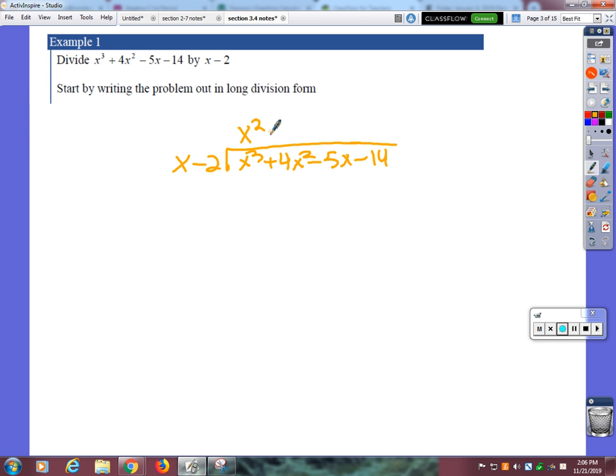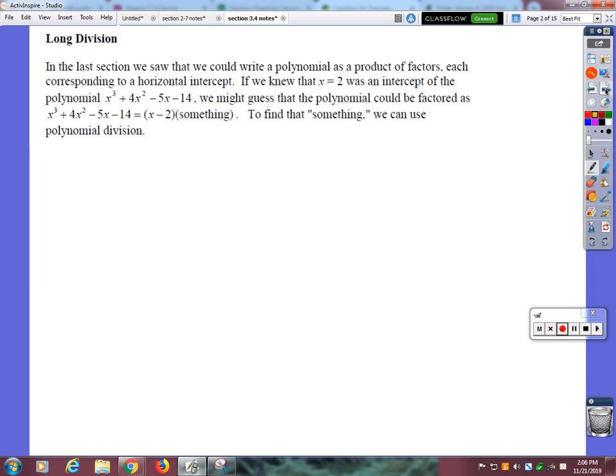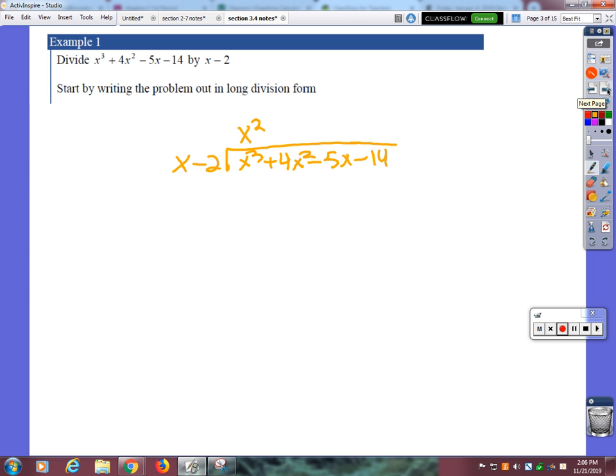All right, once I figure out what goes there, what do I do next? Nope, in long division, what did we do after we put that number up on top? We multiplied it. We went 2 times 32 is 64. So now I have to go x squared times x is x cubed, and then I have to go x squared times negative 2 is negative 2x squared. All right,